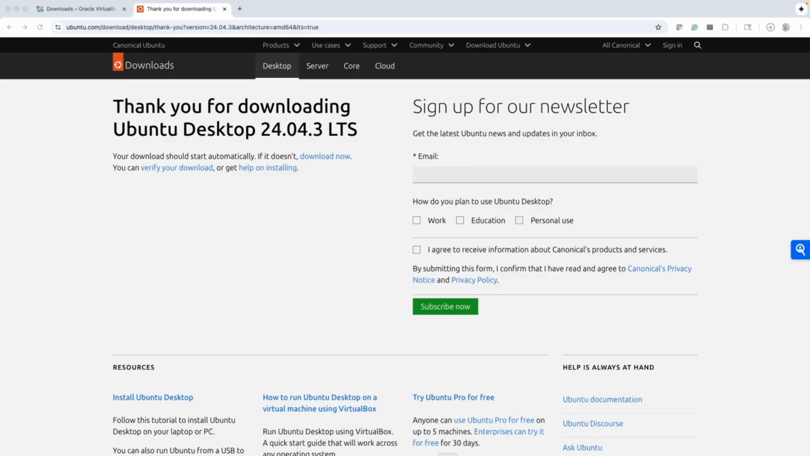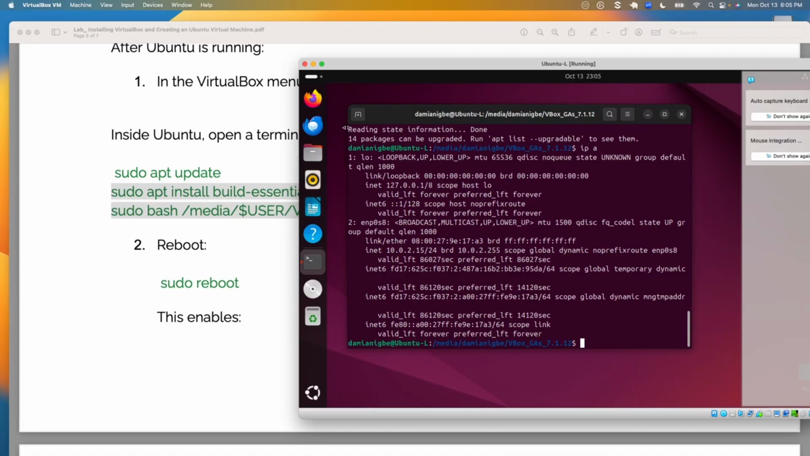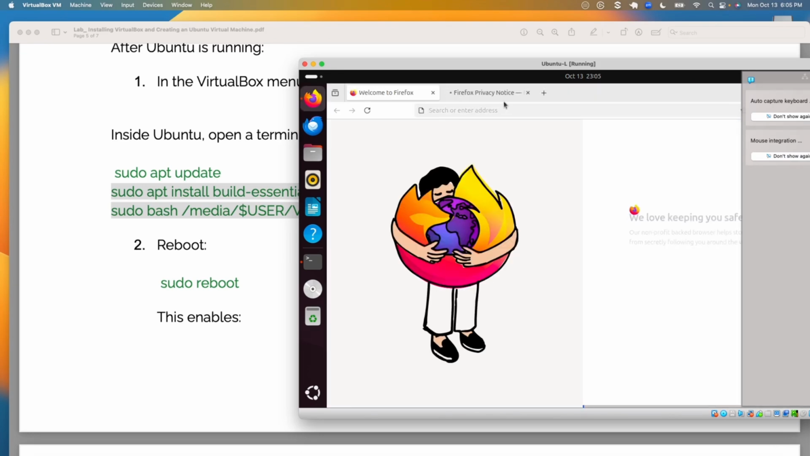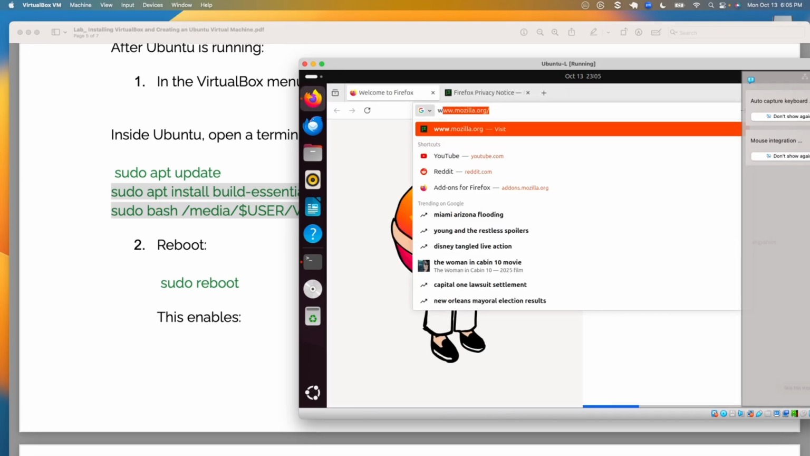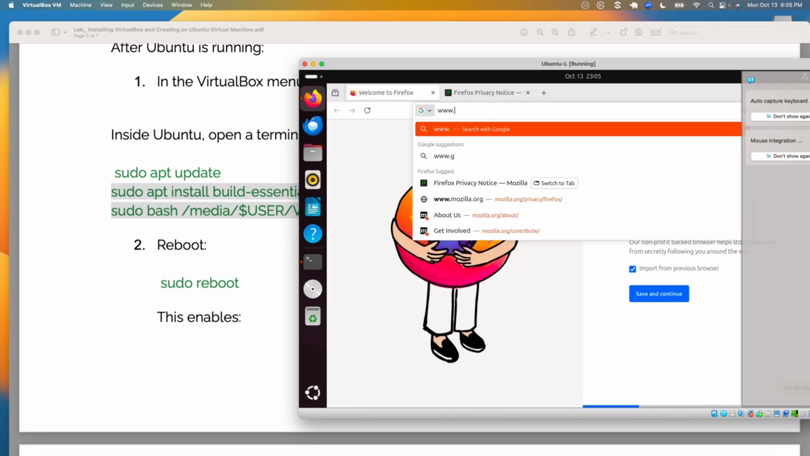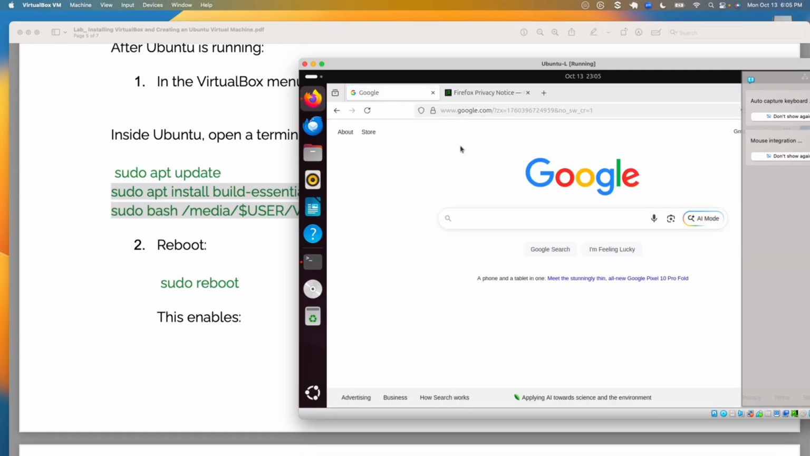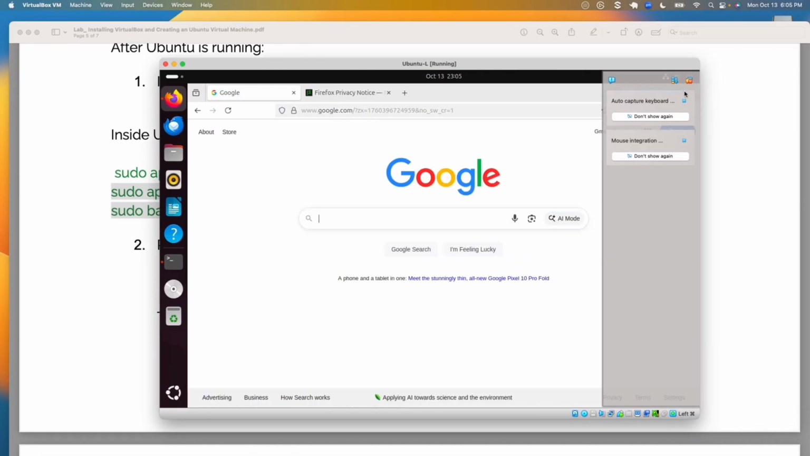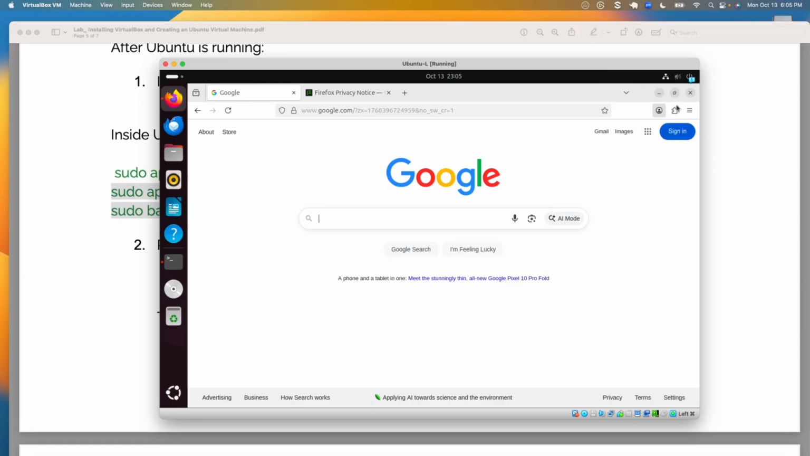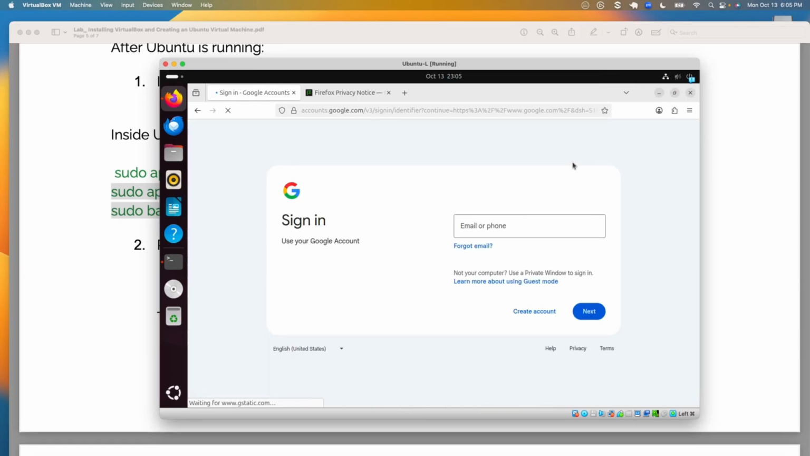Okay, I sent it to myself on my email, so I'm going to go here. I'm going to open up my browser inside here and access my Gmail. Okay, this is inside my Ubuntu, remember? This is inside my Ubuntu. I'm going to sign in to